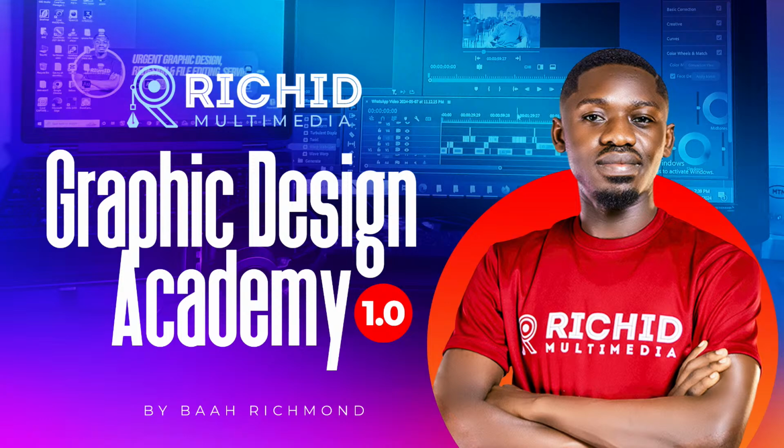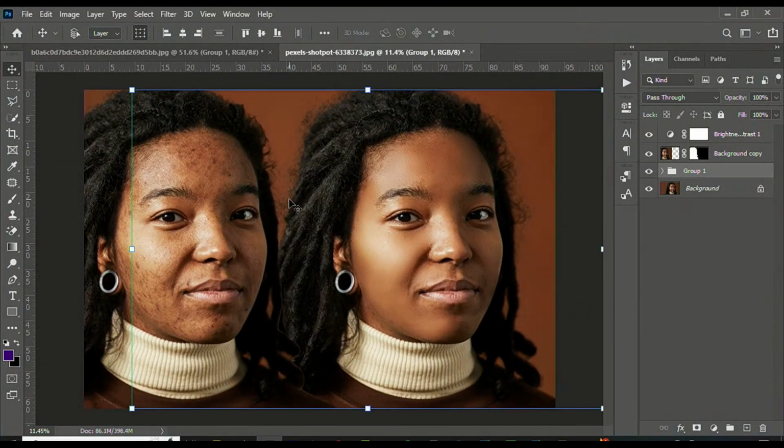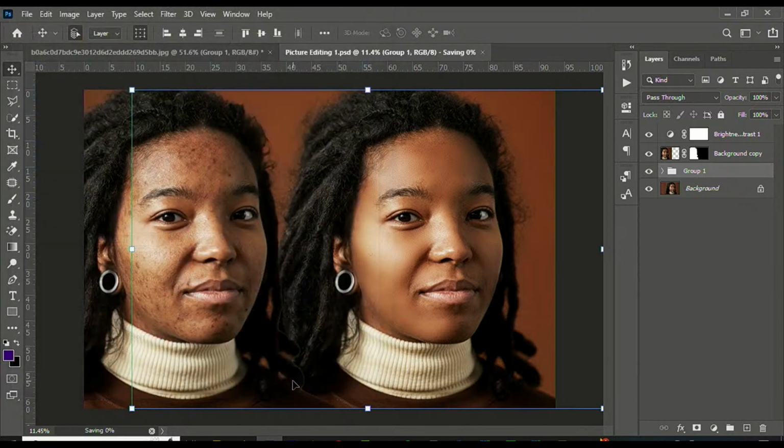As we are done with this tutorial, you will close it. You save the file to a destination folder that you want. So let's say I saved mine to this folder as picture editing 1. You save it as a Photoshop PSD file so that you can get the file back when